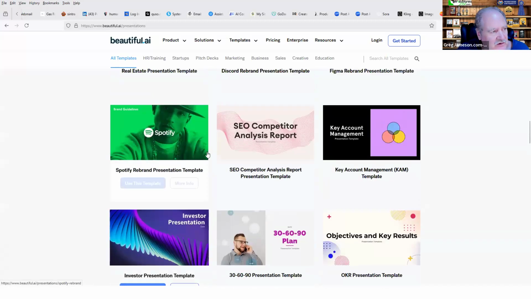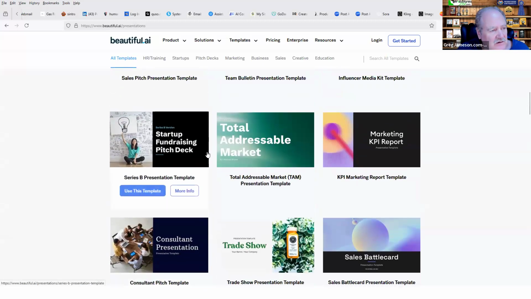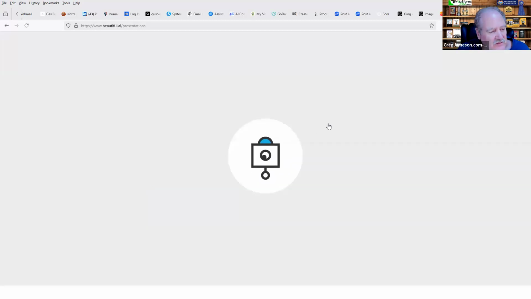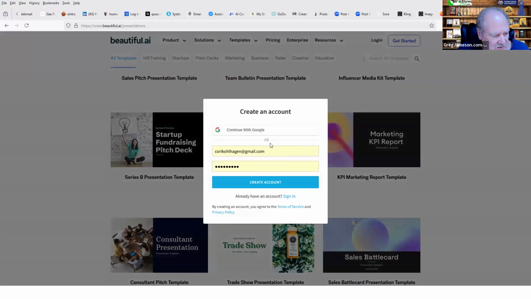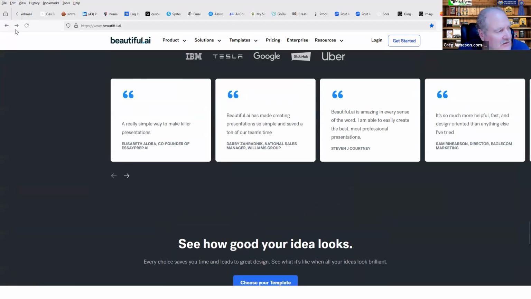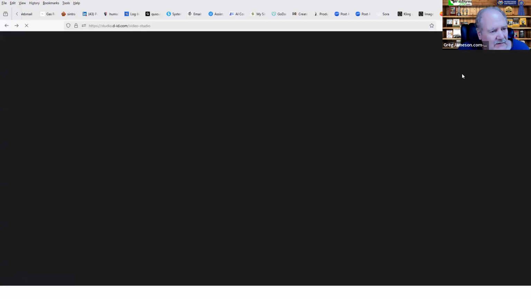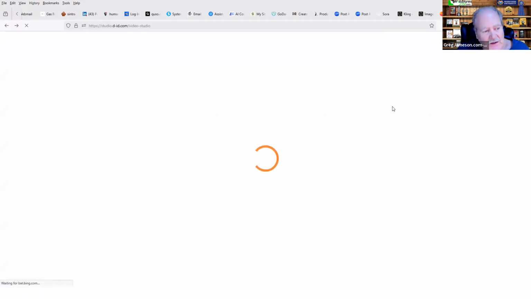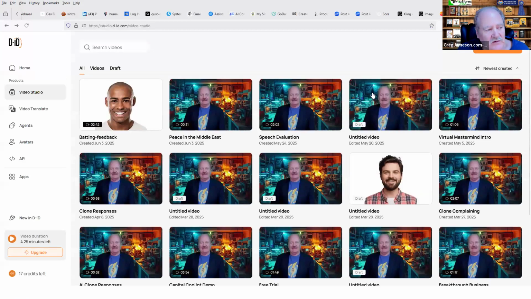They may force you to have a paid account now. Let's just try one and see if it will do it. Okay, I don't have a paid account with them, so